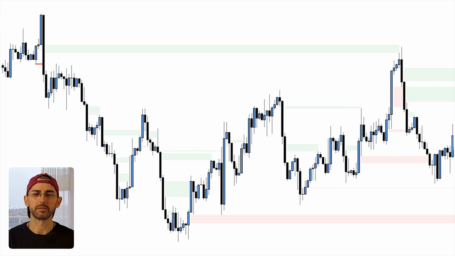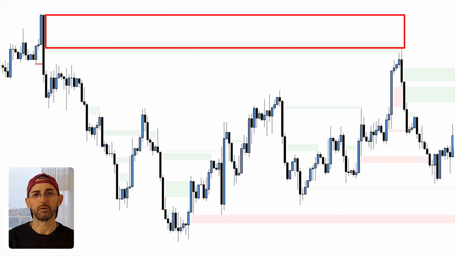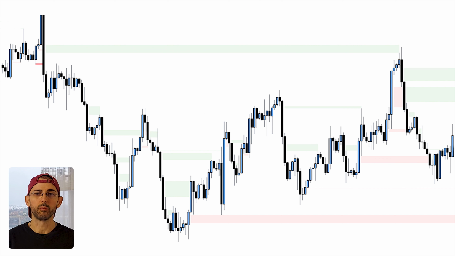So after we see this displacement, what we do next is we start drawing a rectangle from the high point of the order block down to the low point, and obviously extend its range to the right. Now, when the price escapes the order block's range with high selling activity, it will base and reverse before going